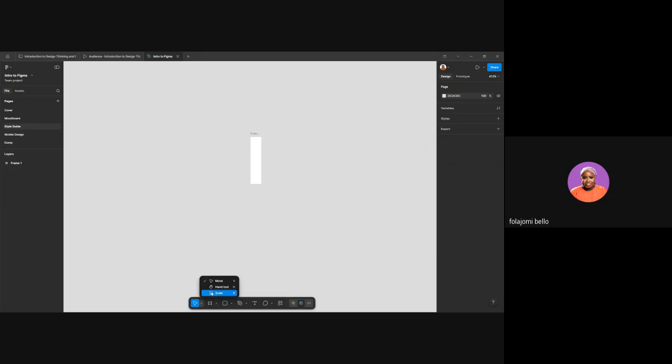Now in design, you have your first 2 tools. When you click on this, you have your move tool, which is what I've been using to move around. You use it to select elements and all. And you have the hand tool. This hand tool is for you to move across the canvas anyhow you want, by just tapping and clicking without having the need to select anything. Once you just hold it, you're able to move around. That's what the hand tool does. While the scale tool, and you